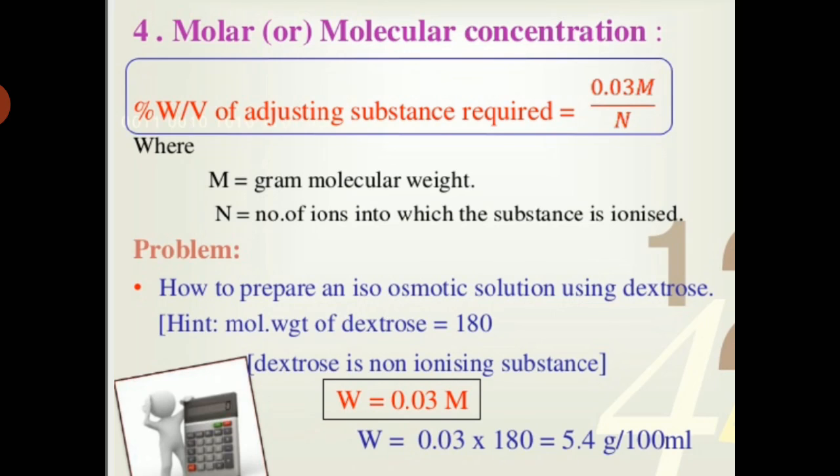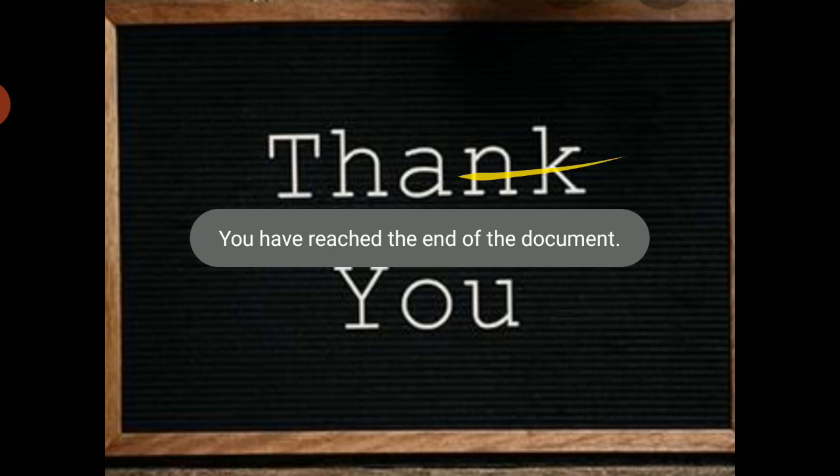Molar concentration: the percentage weight by volume of adjusting substance required is equivalent to 0.003 moles upon molarity upon normality. M is the gram molecular weight and N is the number of ions into which the substance is ionized. Example, and this is all about